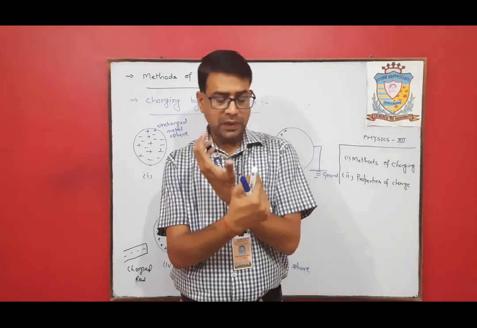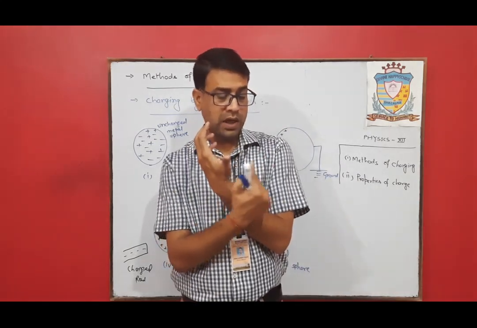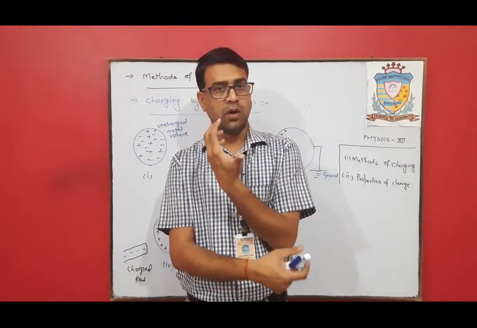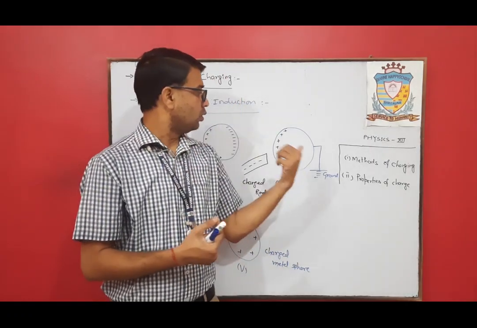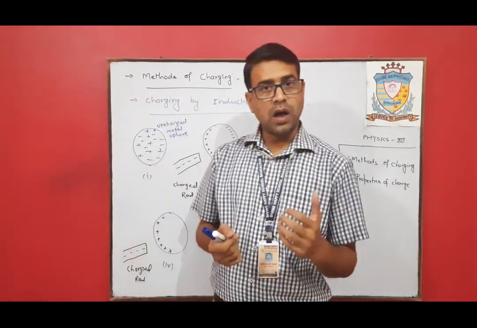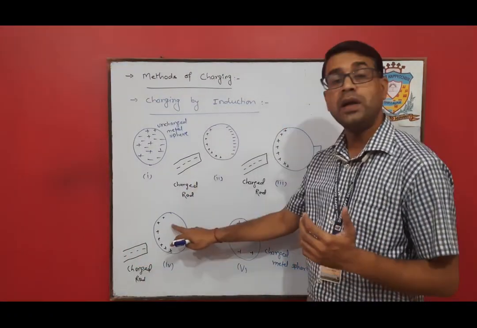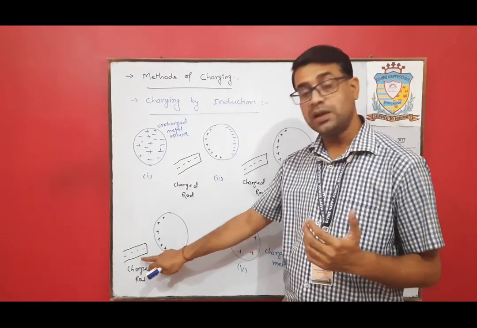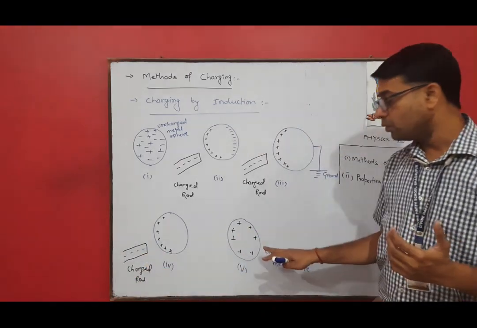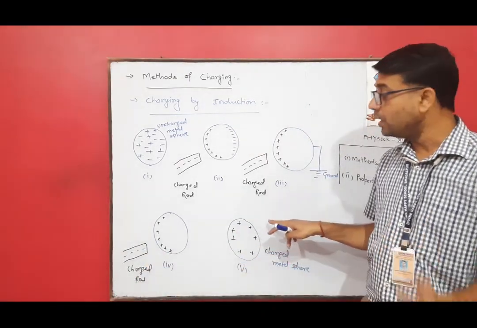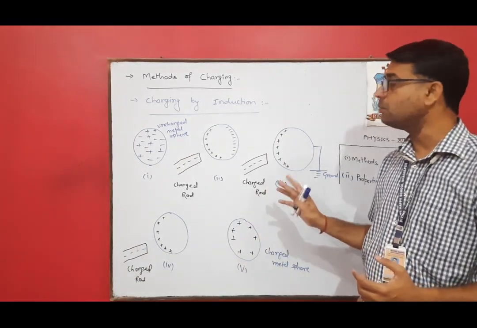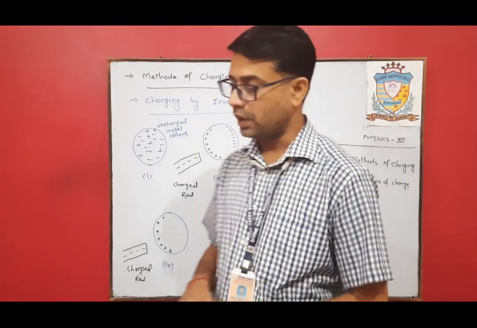Now what we will do, we will simply make a contact with ground. We will connect the farther end of the sphere to the ground. So due to that, all the negative charges will move towards the ground. Now the metal sphere has only one type of charge, which appears at the near end of this charged rod. And if we remove this charged rod, now what we have is only one kind of charge, that is a positively charged metal sphere. So this is the method of charging by induction without any physical contact.